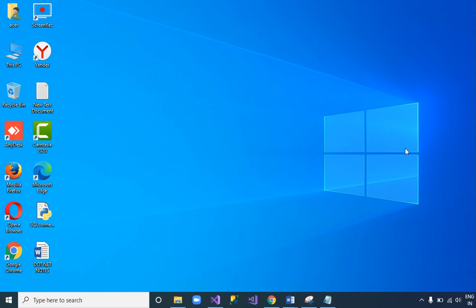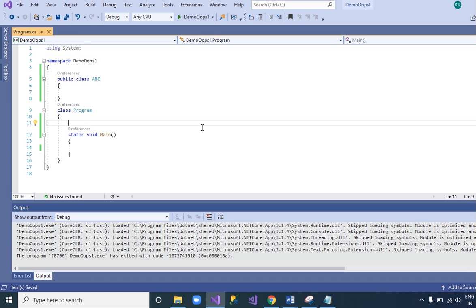So today we will continue the class for the .NET tutorial. In the previous class we already studied some basic concepts of .NET and classes and objects. Today we will continue by talking about some access modifiers like public, private, and protected, how we can call them by using the object, and what features these access modifiers have. So let's go to our Visual Studio.